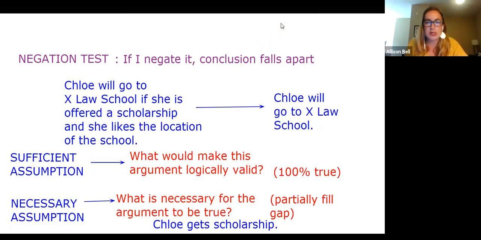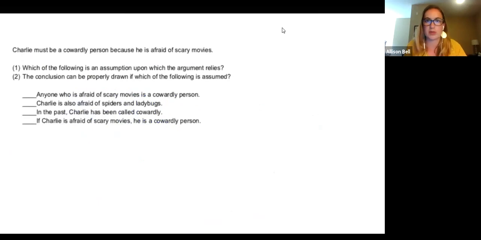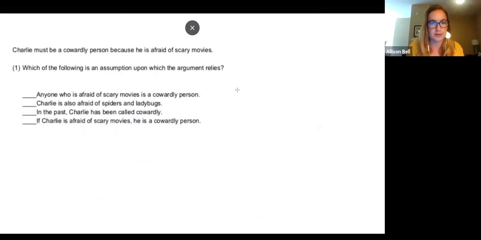So I'm going to clear this off and give us another opportunity to work with this before we move into a proper LSAT question. So we're going to start with this argument. I'm going to block off this second question here. Before you read it, let me just point out a couple of things. Here you have the language of a necessary assumption question. This time they don't use the word necessary. They say, which of the following is an assumption on which the argument relies?